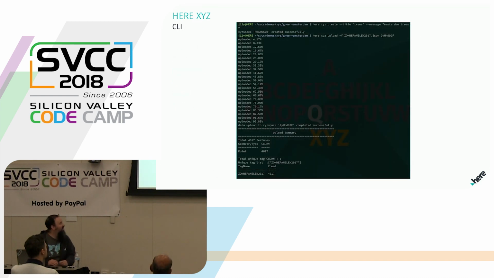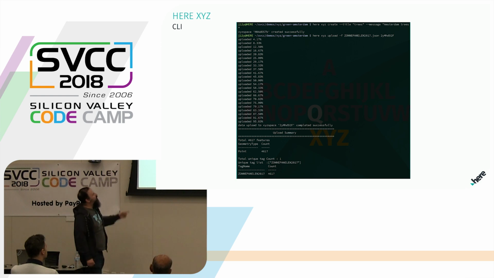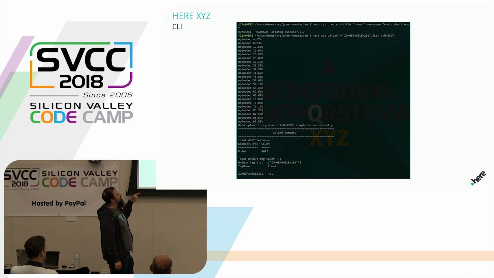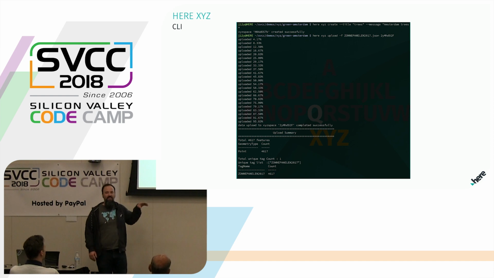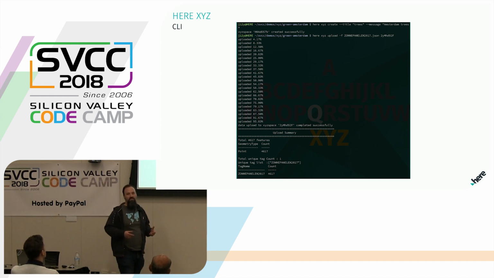So there is a CLI that helps work with this a little bit. So again, I don't want to do the actual upload, but when processing the GeoJSON file, there are libraries in different languages. This happens to be written in JavaScript. But you get a space that's yours to store data, manipulate it, and do certain things like tagging to slice and dice that data. So I could take that GeoJSON of all of the airports of the world and create a slice that just says, maybe I'm only interested in certain airports within the United States,